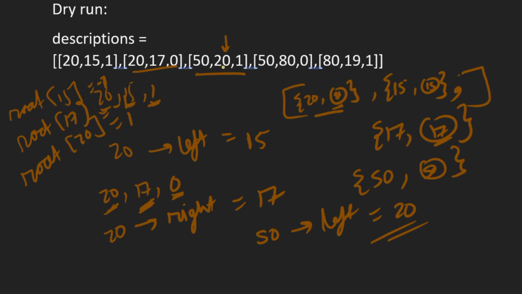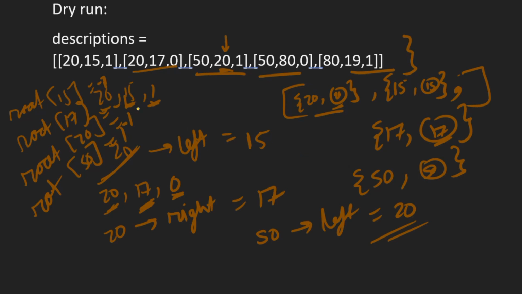And now here see, 20 is a child. So what we do, we mark root of 20 as minus 1. Root of 50 is still 0 because that's not a value. So we mark root of 50 as 1. Then similarly we do for this and this, like we traverse the whole description array. So then we get all the values in the root, and we get our whole tree, after making all the